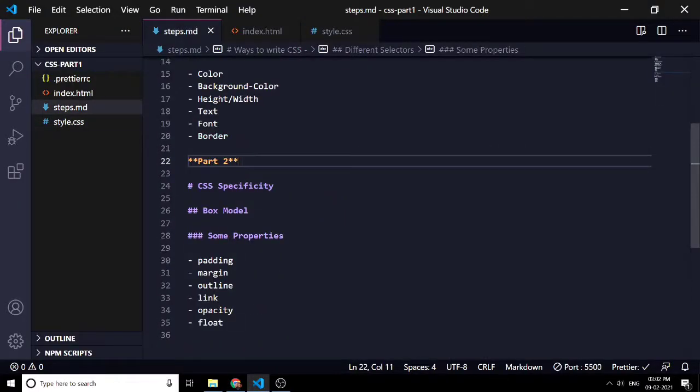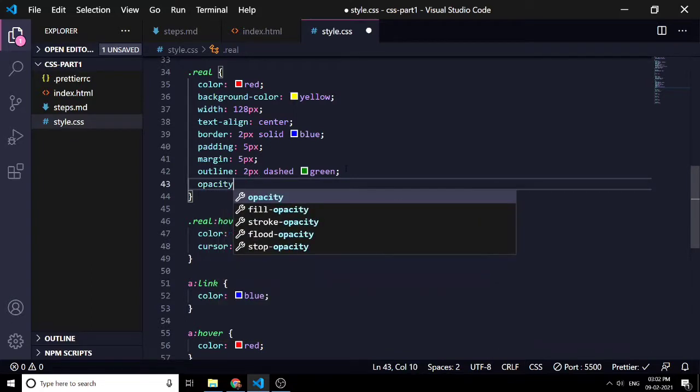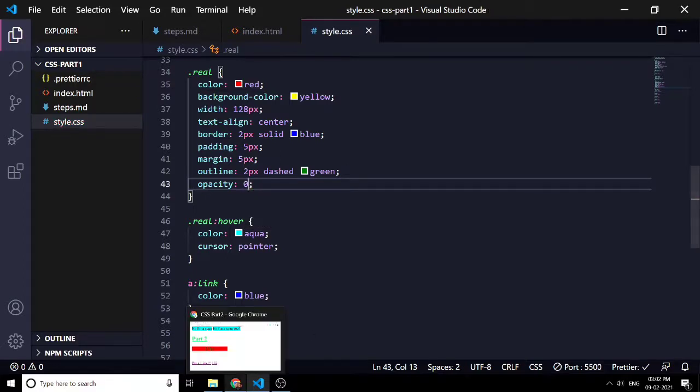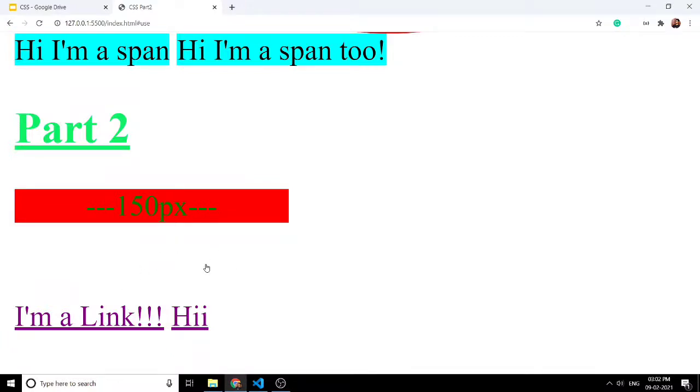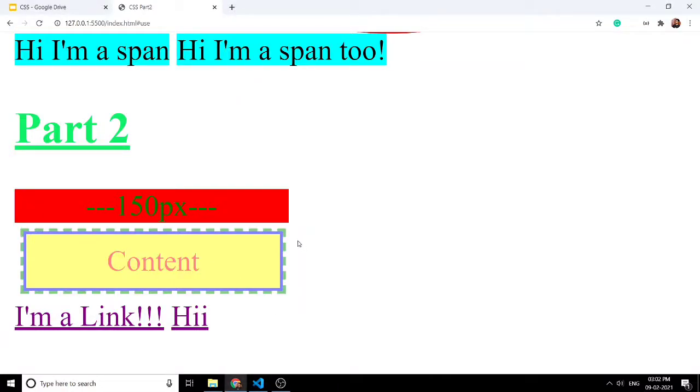So moving forward, the next is opacity. Opacity is a simple one that specifies that you can give an opacity to an element which ranges from 0 to 1. That is, 0 is fully transparent, as you can see now our real element is fully transparent, and 1 means that it's totally visible. So you can give opacity in between those. Generally it is used to give a fading effect to background pictures, so that the content we write over it will be more visible.